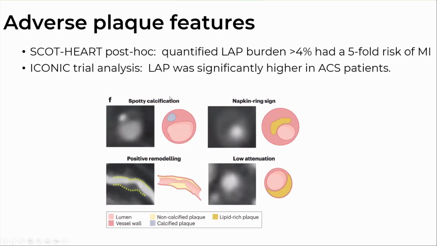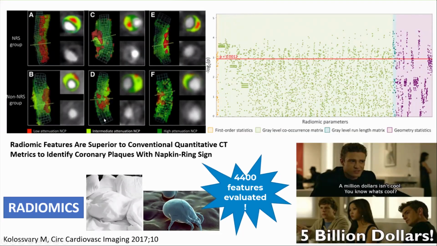And we spend a lot of time qualitatively trying to identify adverse plaque features, whether it be spotty calcification, napkin rings, positive remodeling. And we might spend a lot of time umming and ahhing, looking at a particular plaque to decide whether we're going to call this a vulnerable plaque or a high-risk plaque. But what if we could do that with not just 1, 2, 3, or 4 features? What if we could do that with 4,000 features? What if we could look at every single plaque and look at every single voxel within this plaque